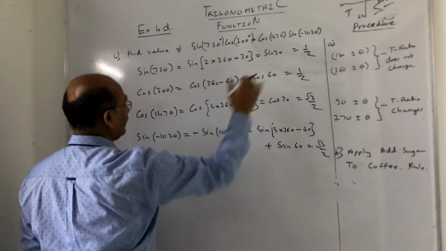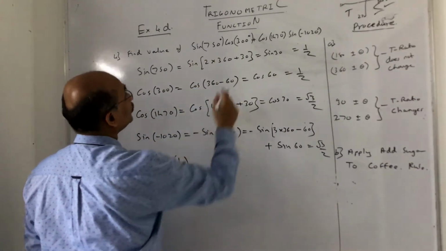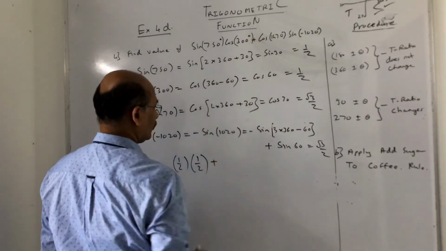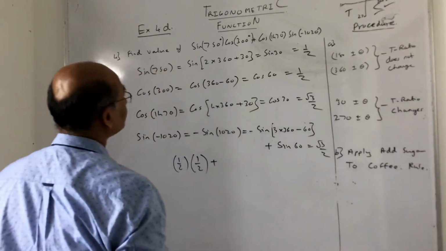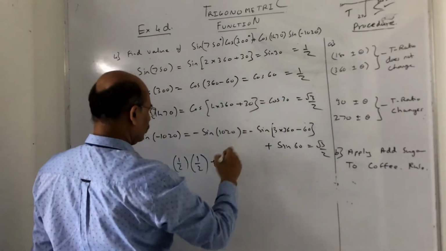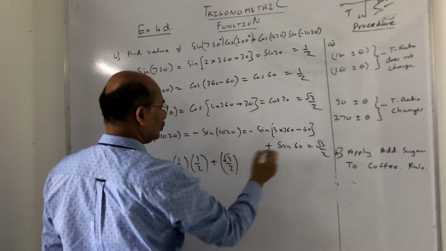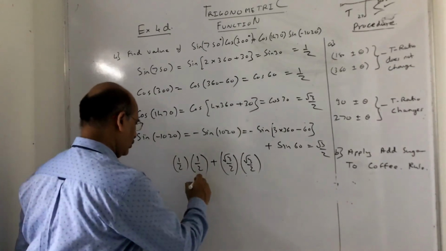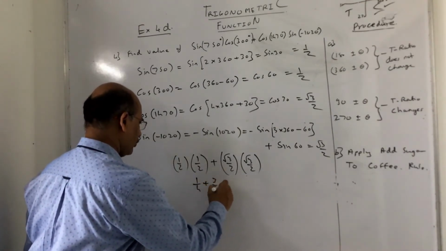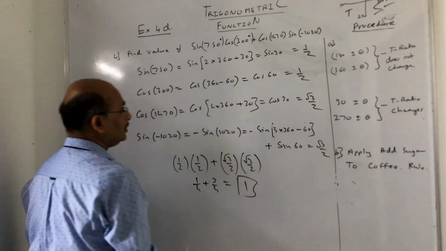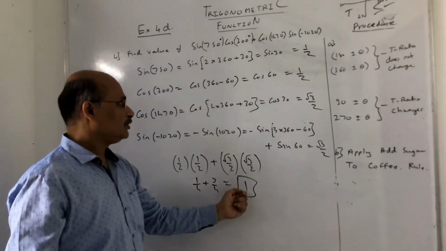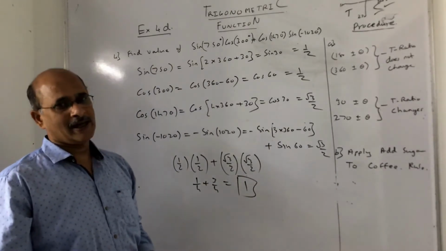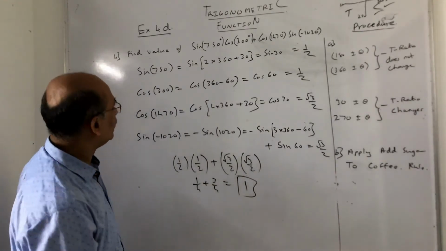So let us see: sine 750 is half, into cos 300 is half, plus root 3 by 2 into root 3 by 2. So it's just simple working now. It is 1 by 4 plus 3 by 4. The answer is 1. So this is the value of this expression: 1. So basically, as I said, individually you solve it, it becomes easier and more handy for you all to understand. I hope you got this point clear, children.